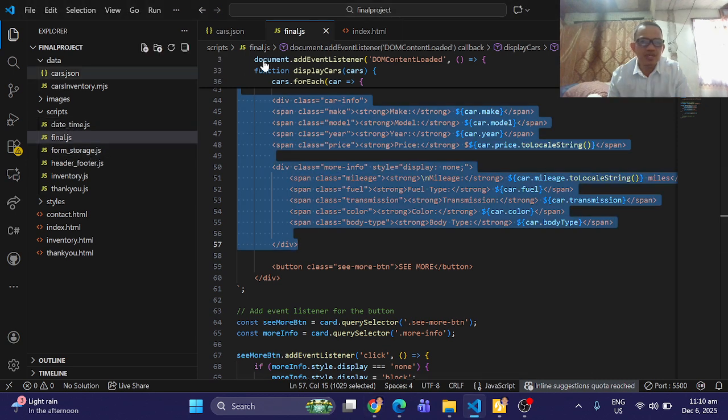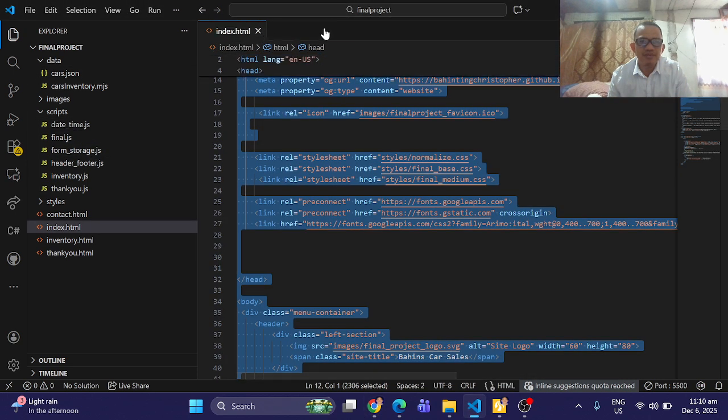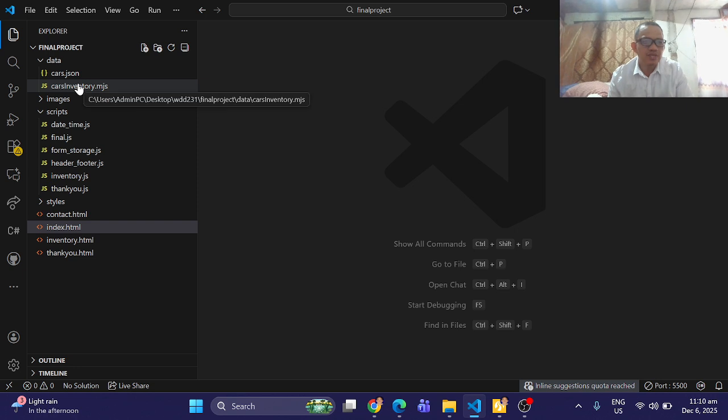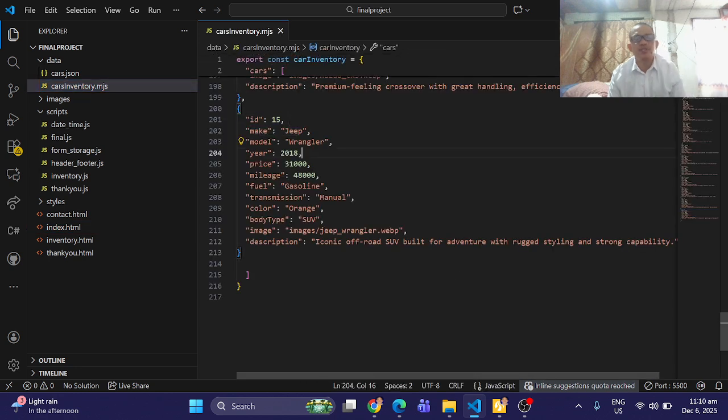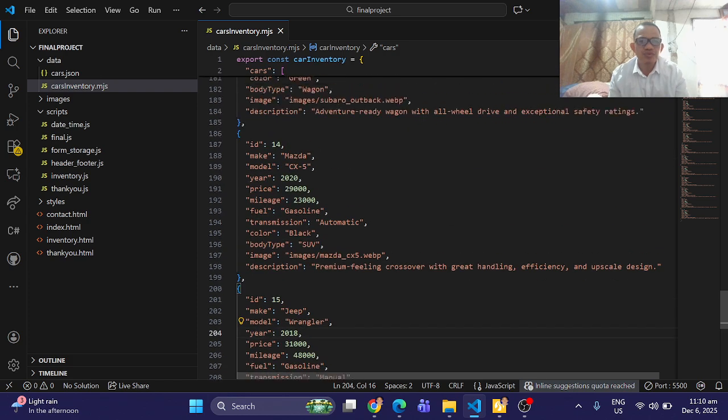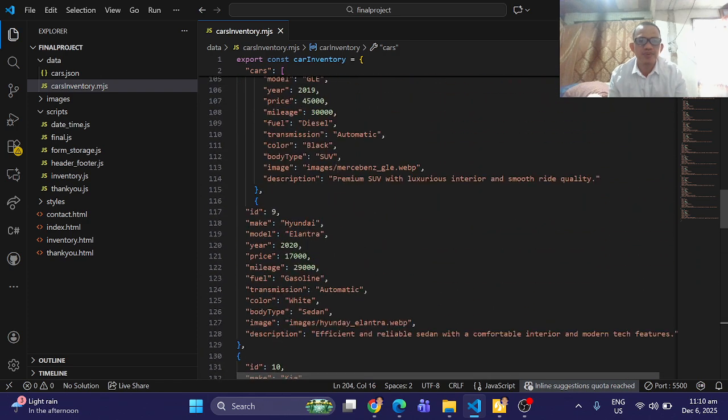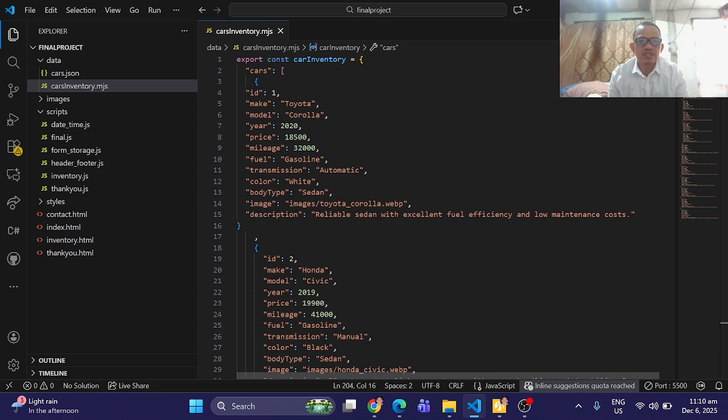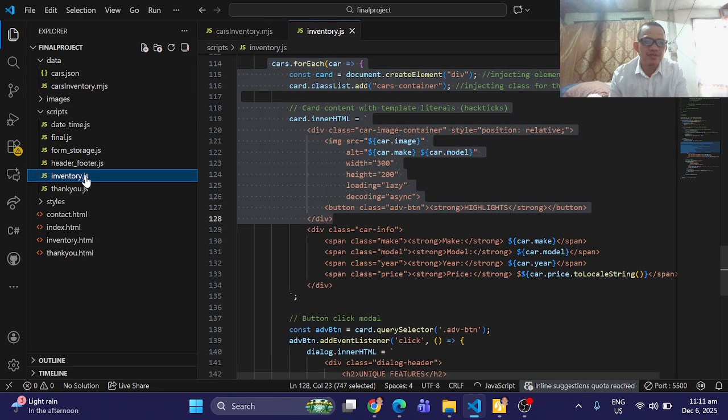Then I will close this one because I'm done with this. Then we also have the cars MJS data, and this is for the ES module, or ECMAScript module, for export and import. Here we have a constant variable, carInventory, with an export function. This is accessed by our inventory JS.